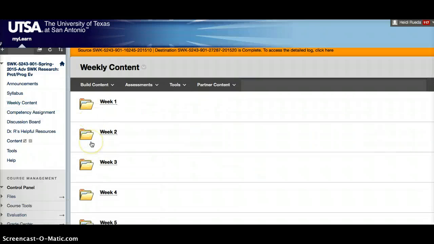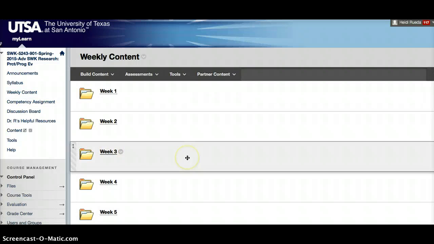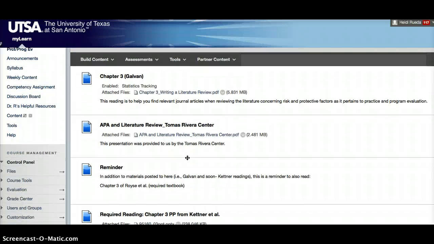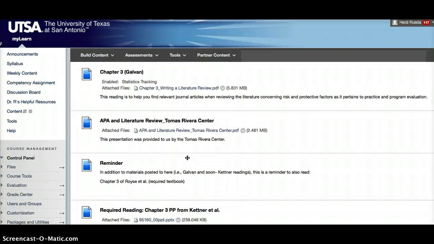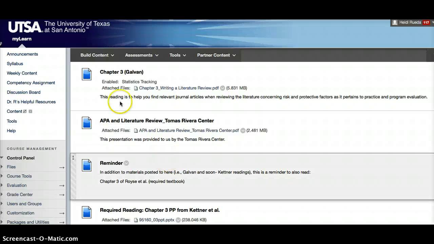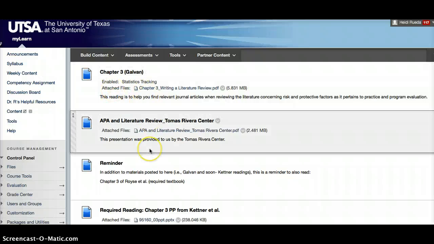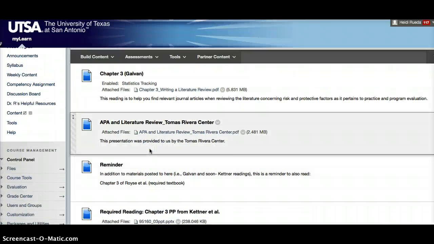That brings me back to one other point that I wanted to make. I'm kind of just going along as I show you this. This is actually the first time too that I've used this recording tool, so I hope it works well for you. Figured it's better, and I'm going to try and use this tool more instead of writing lengthy emails or announcements. You'll notice too, as you compare what's in each week's folder, some of these are required readings and others are I just put there as